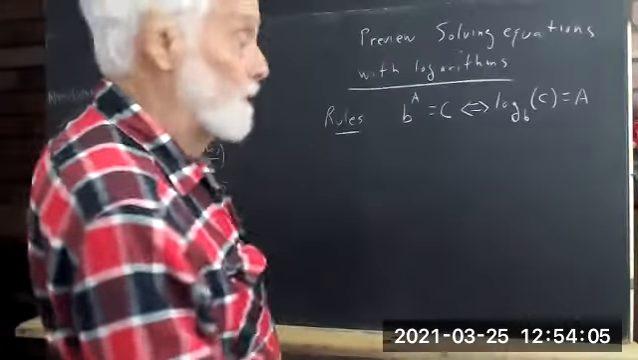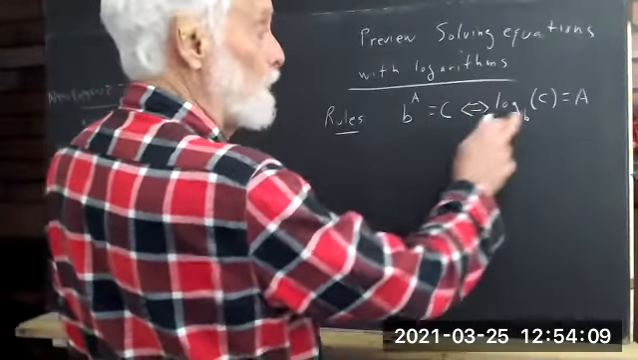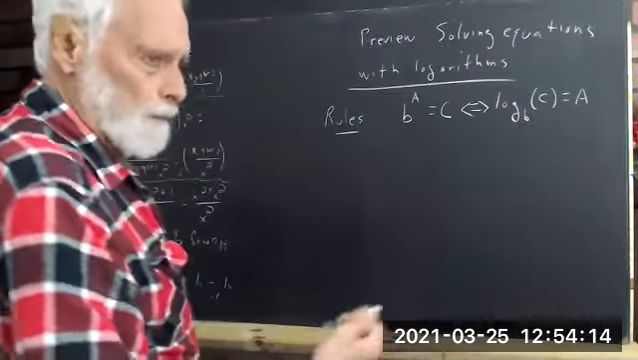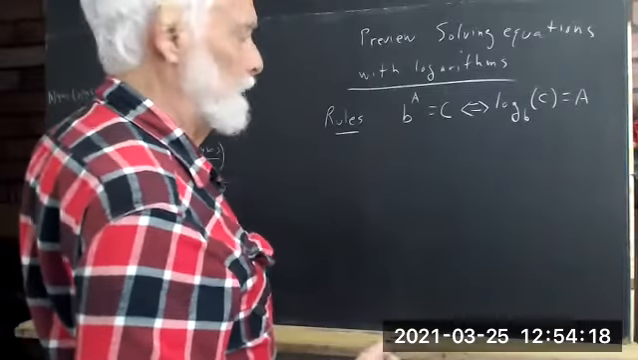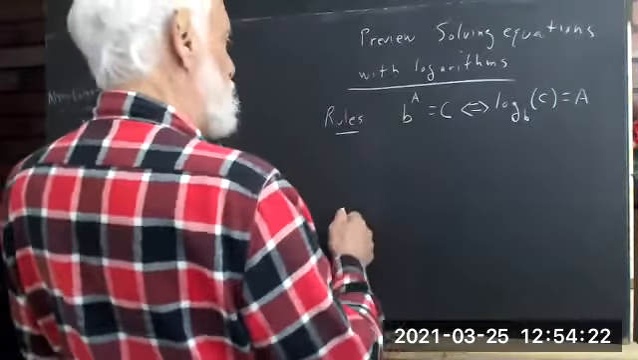So that's one rule. If you have this, you can always write this. And if you have this, you can always write this. Okay. As long as you're careful about where things go. And that's really quite easy. People don't usually have any trouble with that. And I doubt that you will. The other rule is